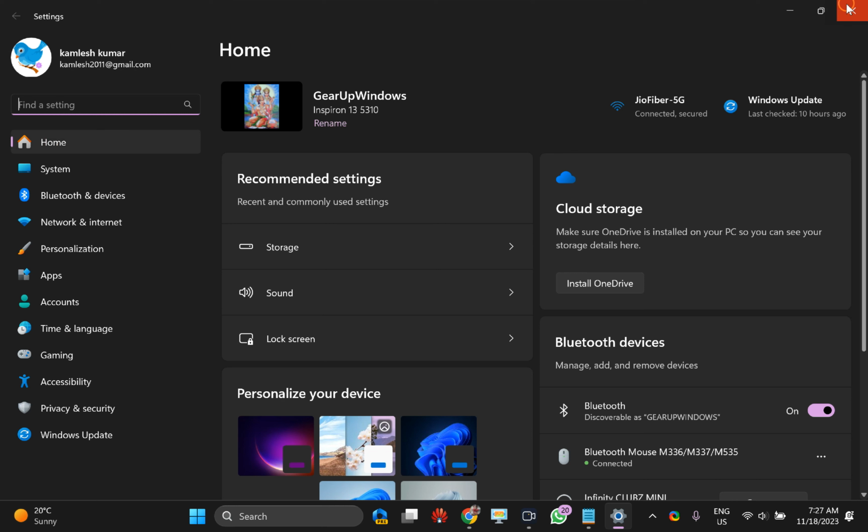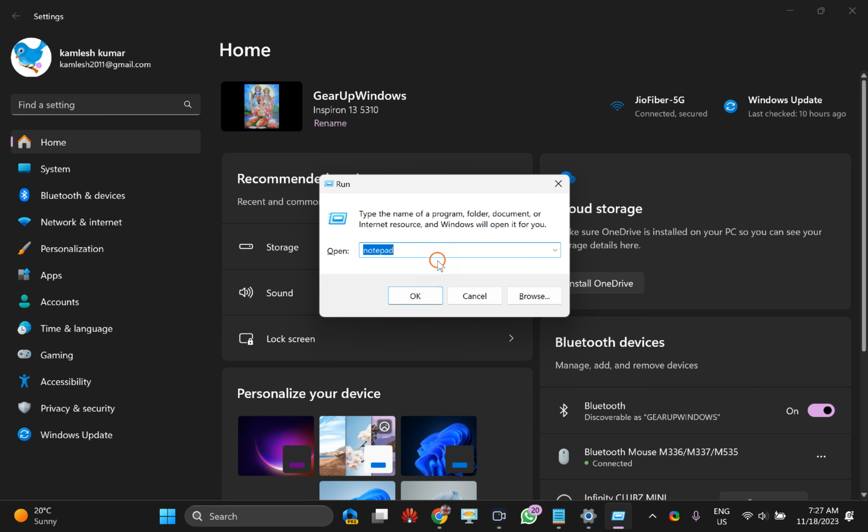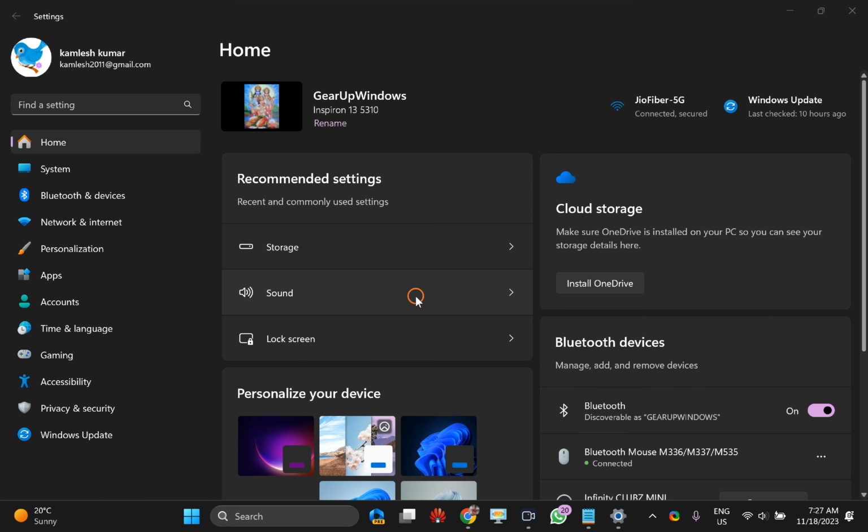First one is Group Policy. For that, press Windows plus R on the keyboard and then type gpedit.msc and click OK or press Enter on the keyboard.